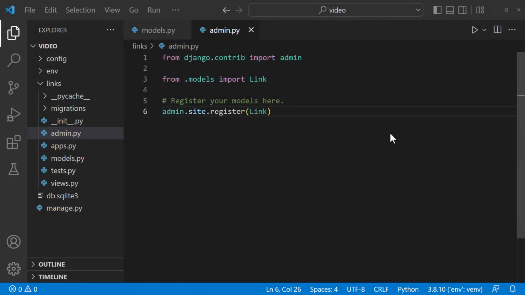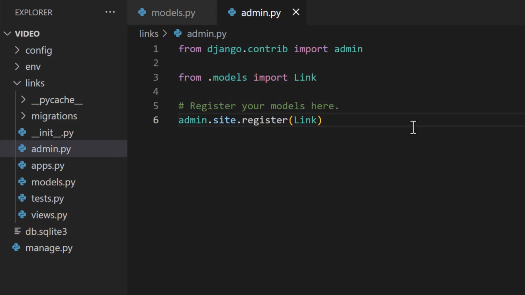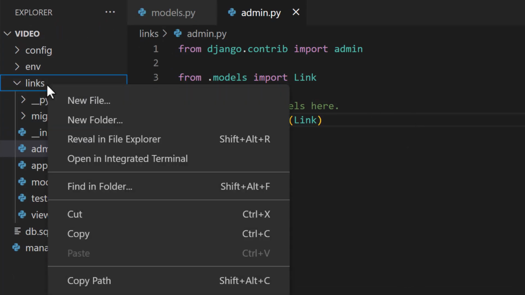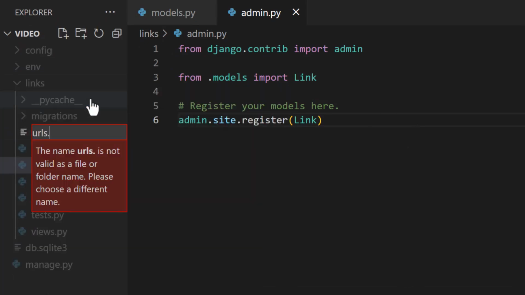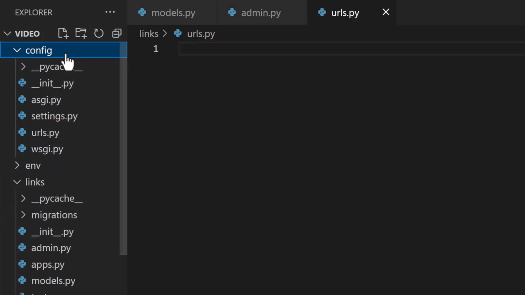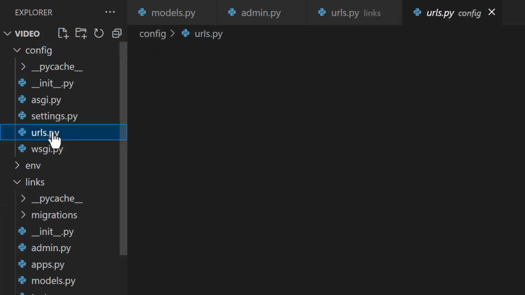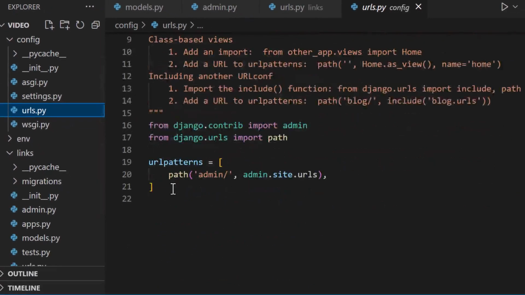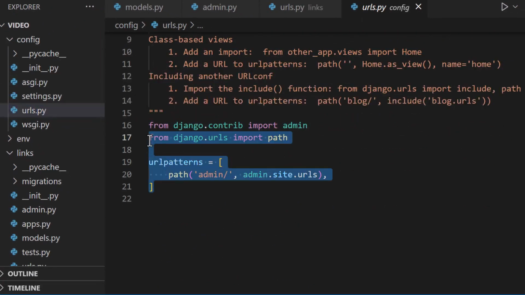Now let's actually get a view set up. So we'll have to set up a view and URLs and include those URLs in our main project URLs. So the first thing we can do is go into our Links app and create a new file and call it urls.py. We can grab our urls.py file from our config folder, scroll down and just copy these lines here